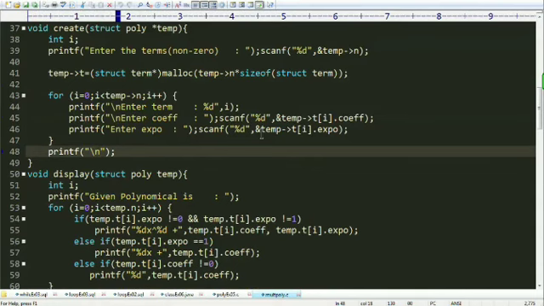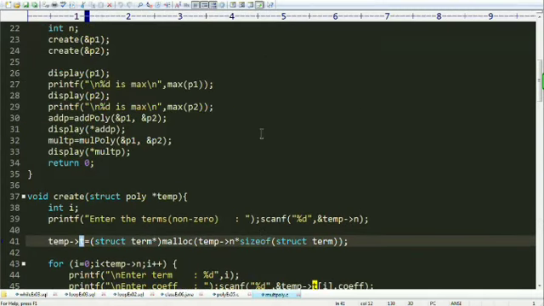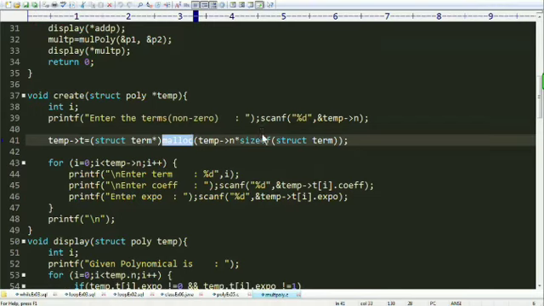This is the create function which dynamically creates structure terms. I'm not creating an array originally in this polynomial. I'm creating a pointer and assigning it the initial address of the memory block created by the malloc function.